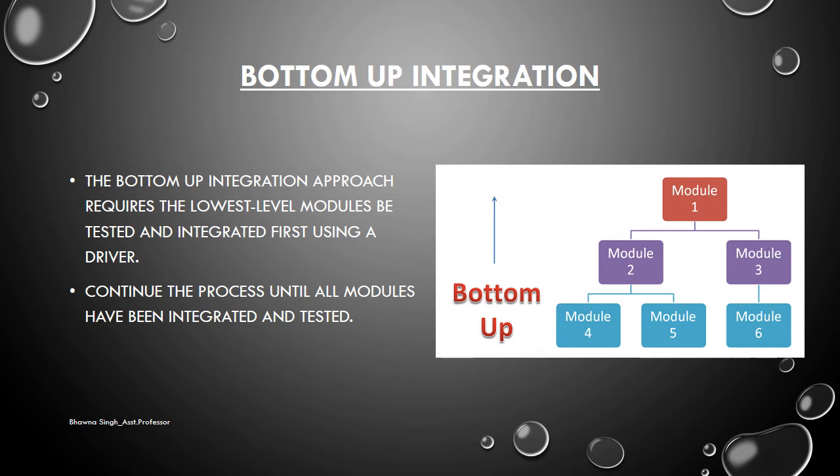For example, as we discussed in top down integration, first we test the login module, that is the highest level module, and after that we check all the modules that come under this login module, that is the smallest level. But in case of bottom up, we test all the small modules first, like the module that is responsible for sending the mail, the module that is responsible for maintaining all the records, and the module that is handling all the errors. All these small level modules are tested first, and then after combining them we test the higher level module. So in this we are going from bottom to the top.